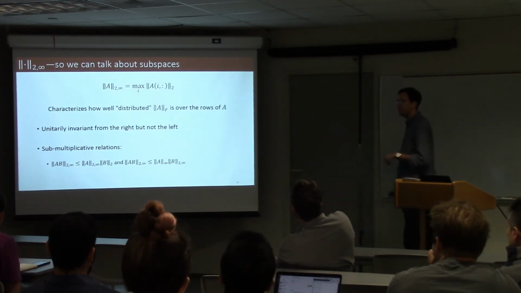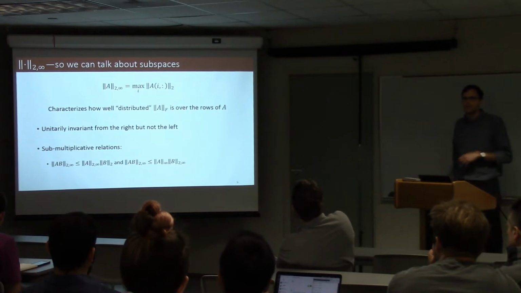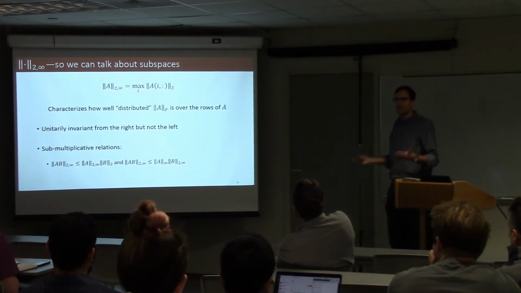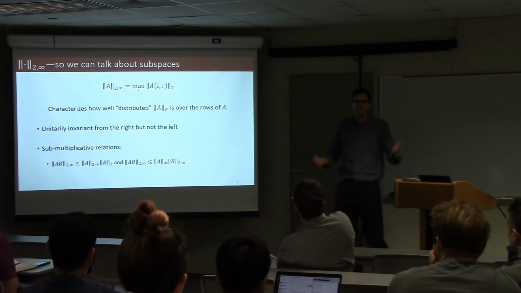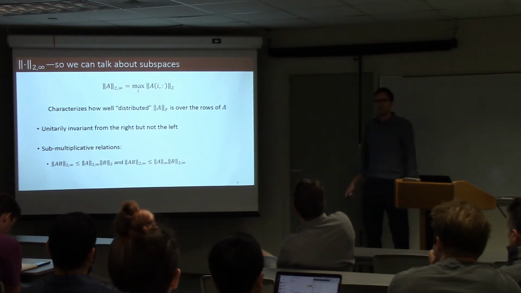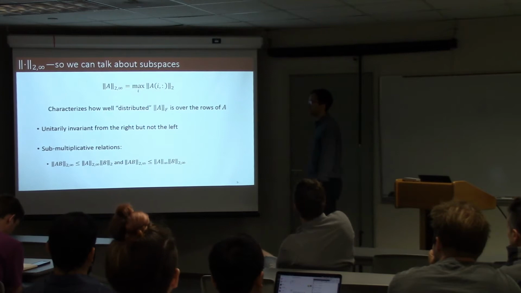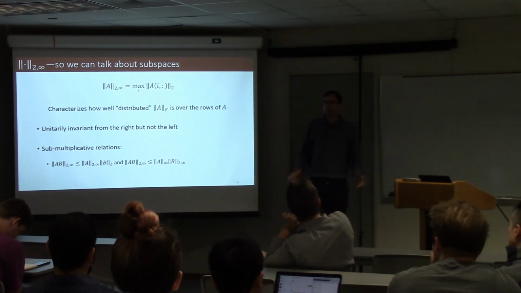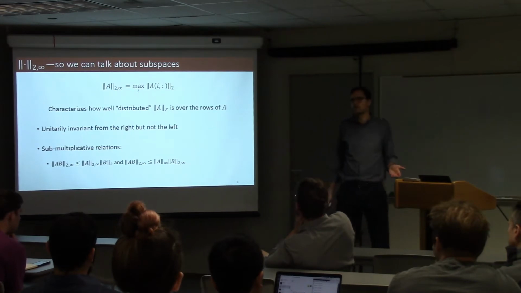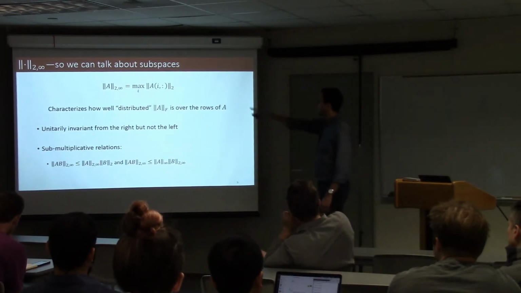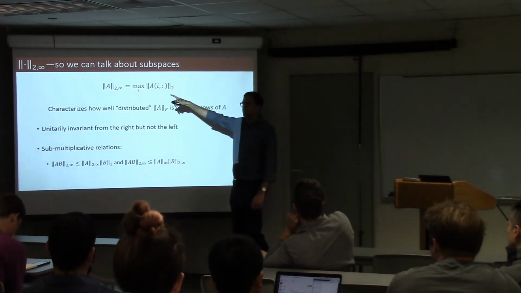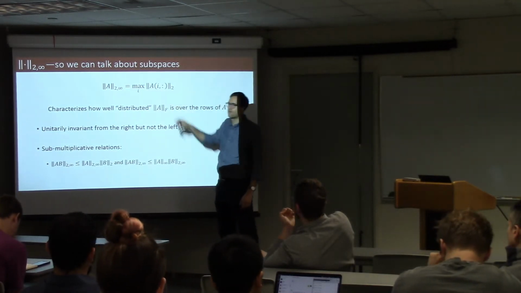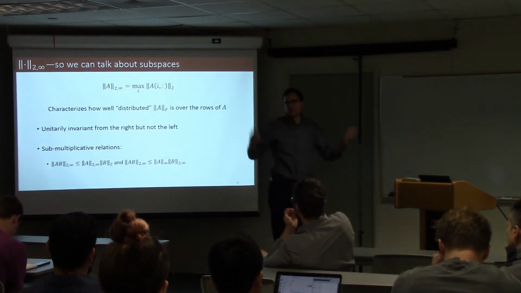So in order to do that, I'm going to introduce a norm that, if you're familiar with induced matrix norms, is one of those, but it's not one of the ones we typically see in a numerical linear algebra or linear algebra class. All right, and that's the so-called 2 to infinity norm. And while it is an induced matrix norm, it actually has a very nice definition in terms of the entries of a matrix. And that is, if I ask about the 2 to infinity norm of a matrix A, what I actually do is I compute the 2 norm of every row of A, and then just take the maximum over this, okay?